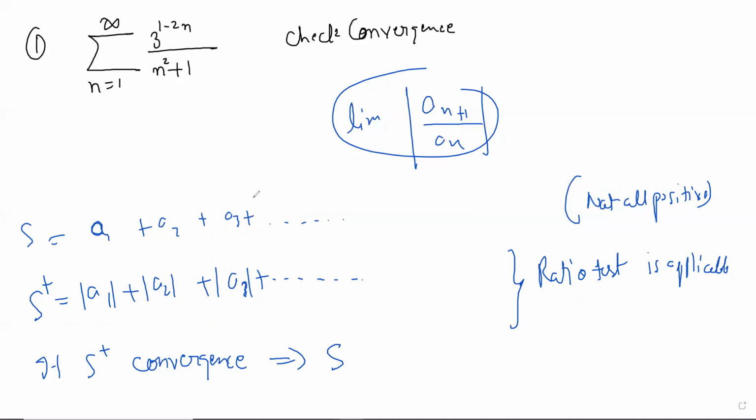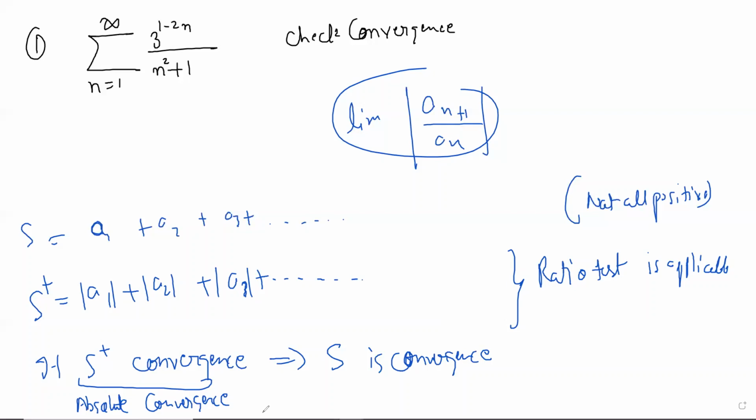That's why we mostly forgot about the oscillating thing in the series chapter, but it's there when the terms can be negative. Still, this holds true for some deeper reasons. If the series of absolute values is convergent, then S is convergent. We probably don't need to prove this. This is basically called absolute convergence. When you take the absolute values of every term and still the series converges, that's absolute convergence.